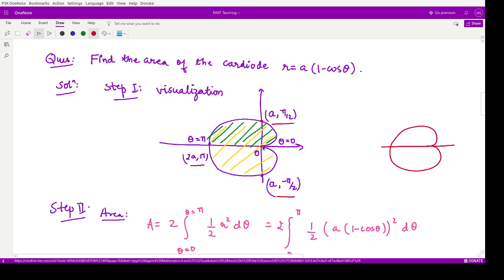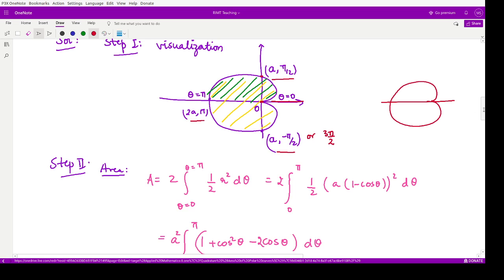So here your theta is 0 degrees. Here your theta is pi by 2. Here your theta is pi, and here your theta is minus pi by 2, or you can say it 3 pi by 2, whichever way you like, right? So in order to calculate this total yellow shaded region, we will only calculate the green shaded region, because the total region would be twice of the upper green shaded region. So due to symmetry, you see, symmetry saves a lot of calculation. We just have to make it twice.